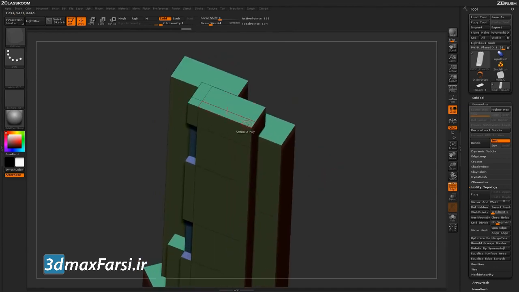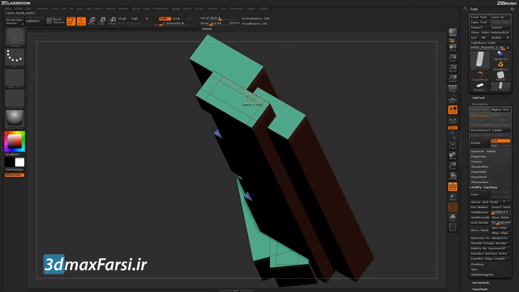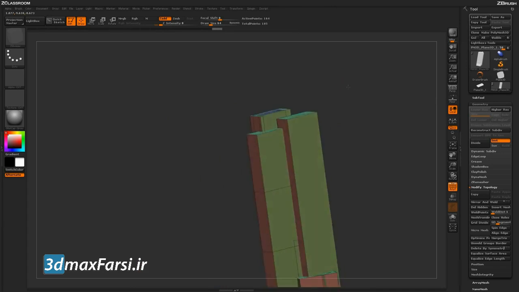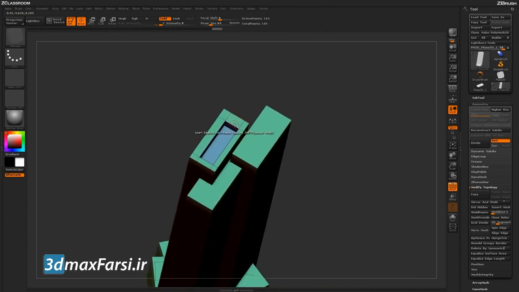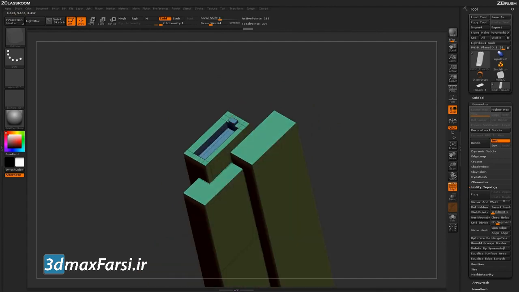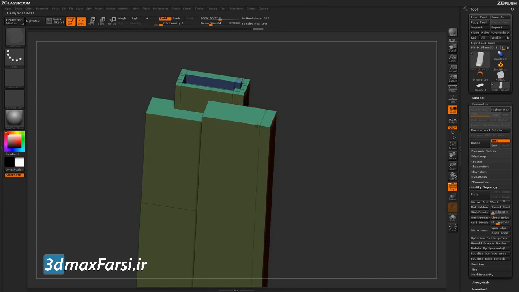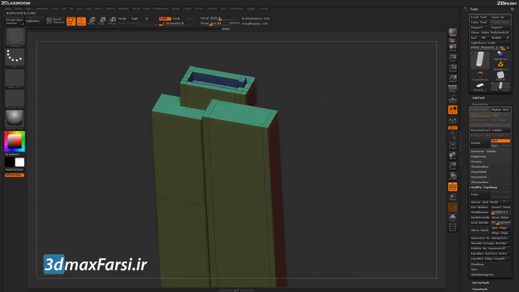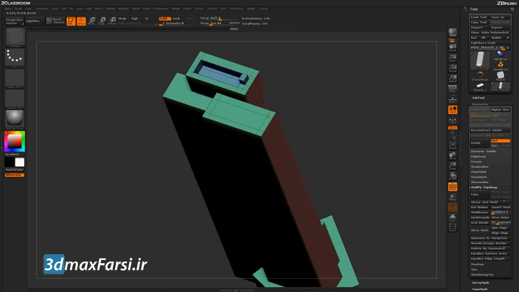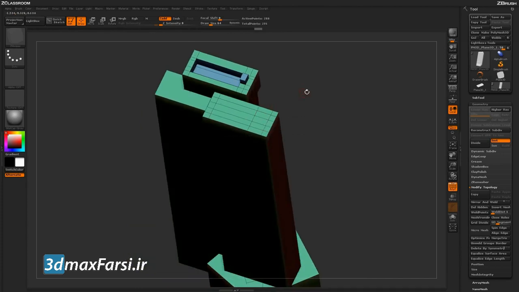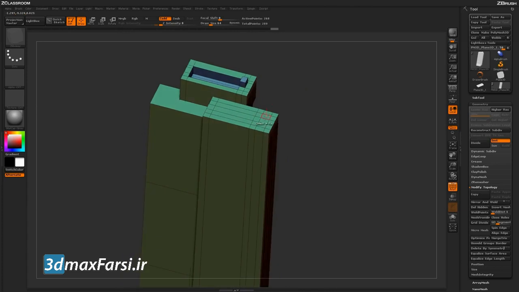I can come up to the top, and then as I'm hovering over an edge, add some edge loops again, so say something like this, and then maybe put a dent into the top, so a little area like that, and then maybe cut in some more up here, and maybe add some sort of little kind of air conditioning type unit or something at the very top of the building. And then I'll do something similar to this area here. So just simply coming in, adding some edge loops quickly, and then using the ZModeler QMesh action to add some